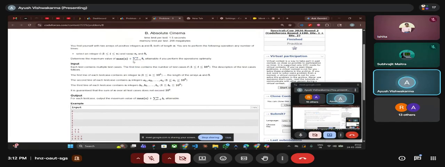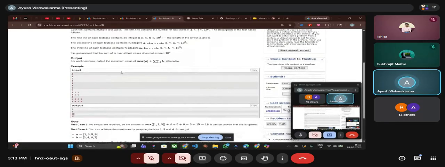So you will maximize this part. And how you can do this: whatever will be the ai value and whatever will be the bi value, if ai is greater than bi, then you will swap. Why are you swapping? Just to maximize this part, and you will be able to maximize it by swapping the maximum element from a to b. And whatever will be the remaining elements in a, you just have to take the maximum of that remaining array of a, and these two parts, you just have to add them and return it as your answer.